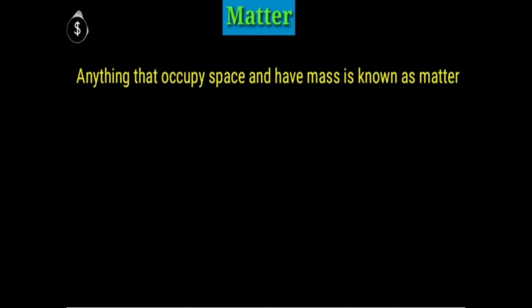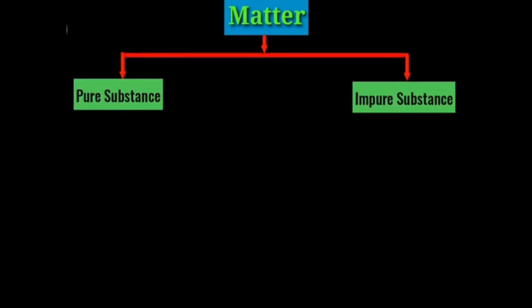Matter is anything that occupies space and has mass and volume. Now, in this chapter, we are going to study the types of matter. Matter can be of two types based on its chemical composition. They can be pure substance and impure substance, or we can say matter can be divided into two types based